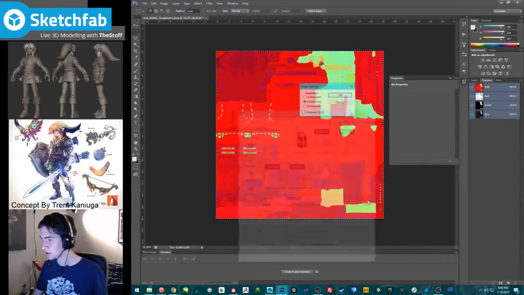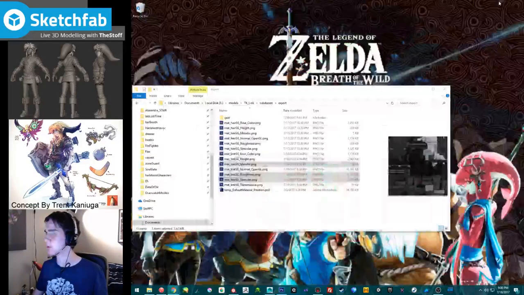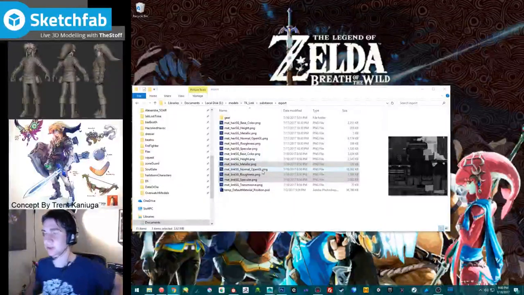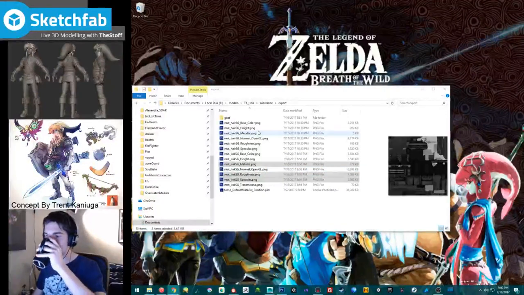Yeah, save. 24 bits. 32 bits? 32 bits. Let's make it that. Well, that's probably not optimized now, is it? That's okay. As long as it's one texture, it's better. Less draw calls, you know? I think that's how it works.